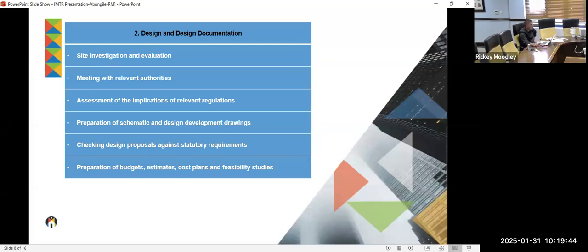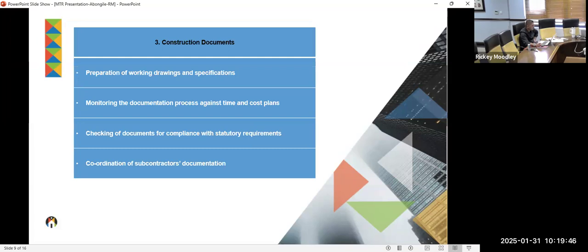Let's go to the next category, which is construction document. Under construction document, we have these 4 outcomes. The first outcome is preparation of working drawings and specification, monitoring the documentation process against time and cost planning, checking of documentation for compliance with statutory requirements, coordination of subcontractor documentation. These are the 4 outcomes for construction documents. The last category is